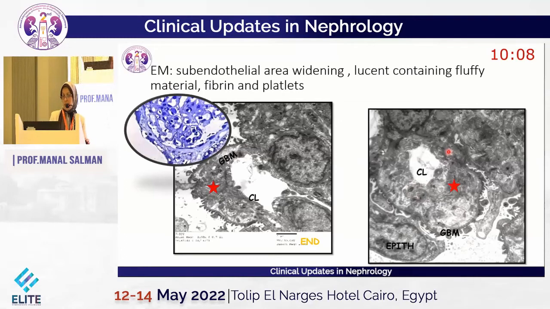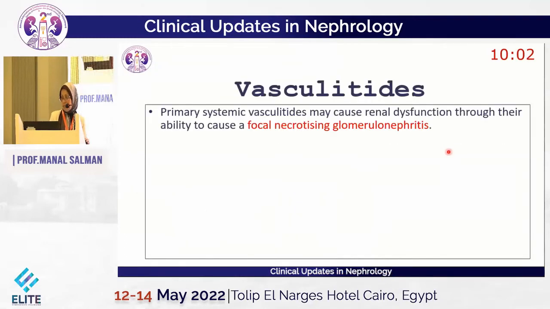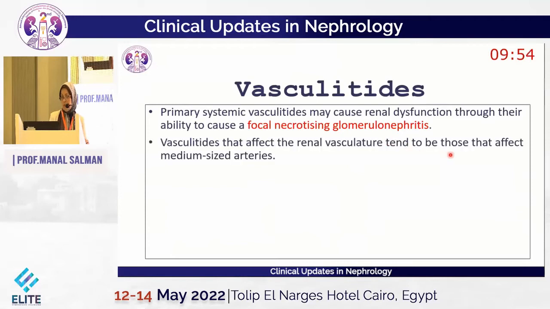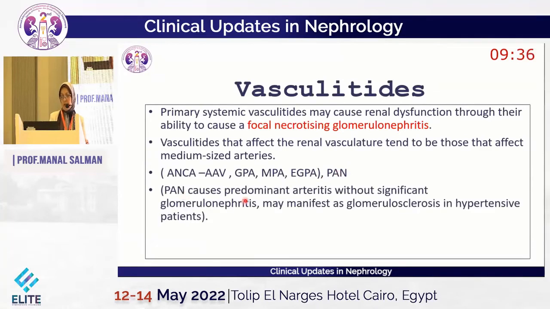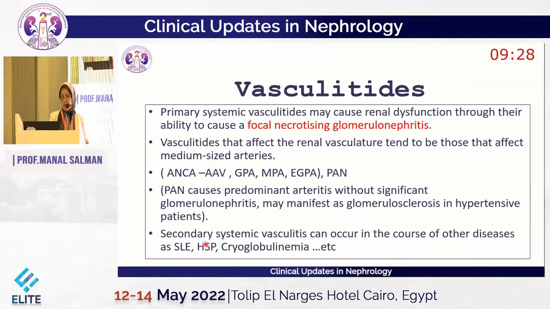Regarding vasculitides, the primary systemic vasculitides may cause renal dysfunction through their ability to cause focal necrotizing glomerulonephritis. The vasculitides that affect the renal vasculature tend to be those that affect the medium-sized arteries beside the glomeruli. We have the ANCA-associated vasculitis, which is granulomatosis with polyangiitis, microscopic polyangiitis, and eosinophilic granulomatosis with polyangiitis, and we have the polyarteritis nodosa. The polyarteritis nodosa causes predominant arteritis, but without significant glomerulonephritis, but may manifest as glomerulosclerosis in hypertensive patients. While secondary systemic vasculitis can occur in the course of other diseases as systemic lupus, Henoch-Schönlein purpura,